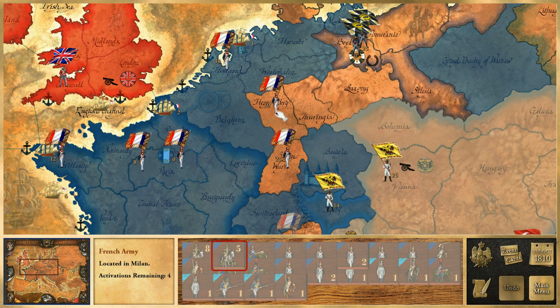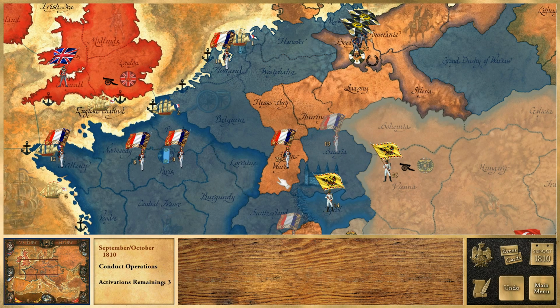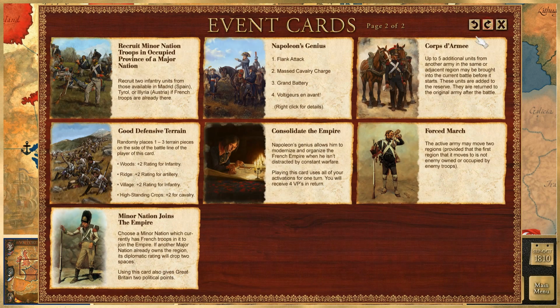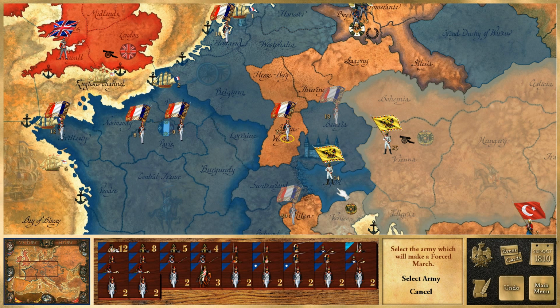I think the proper way to play this is to move Davout to Bavaria, to play a force march on Napoleon, and then we have a choice. Do we attack this army, which we will take apart, but we will suffer casualties? Or do we hit Vienna? And I think Vienna is clearly the only choice, if for no other reason,